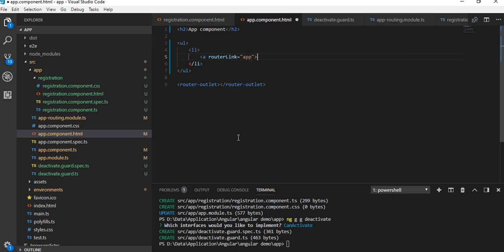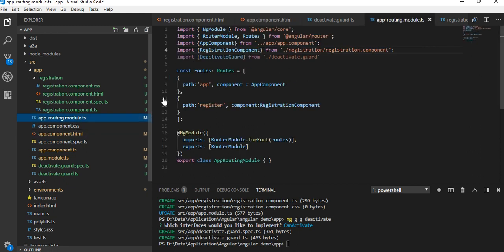So we'll say app, and the menu name will be app. Copy this and paste here. So register, and the menu name will be registration. So here we have defined the links, and both links are linked with the menu.